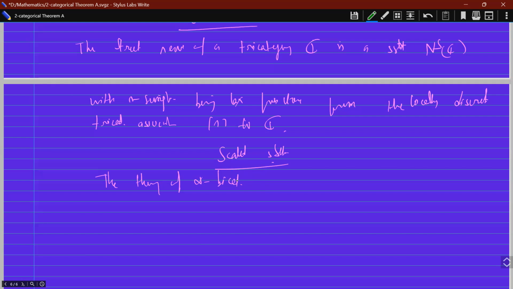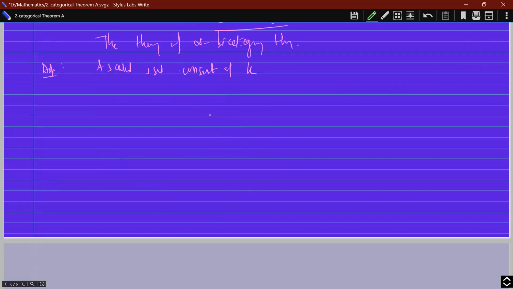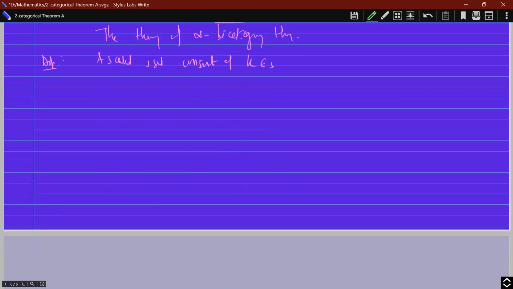So infinity bicategory. This is the model of infinity two categories that we get using scaled simplicial sets. So I'll just go ahead and define one. A scaled simplicial set consists of a simplicial set K with